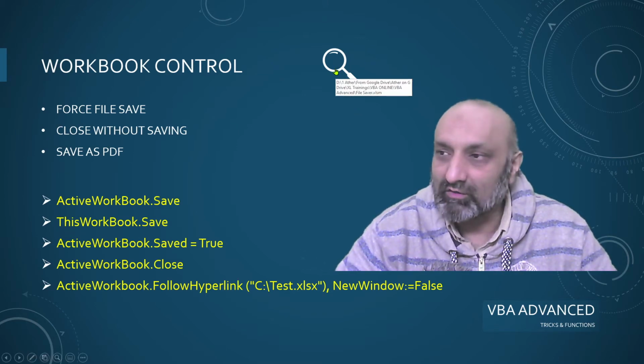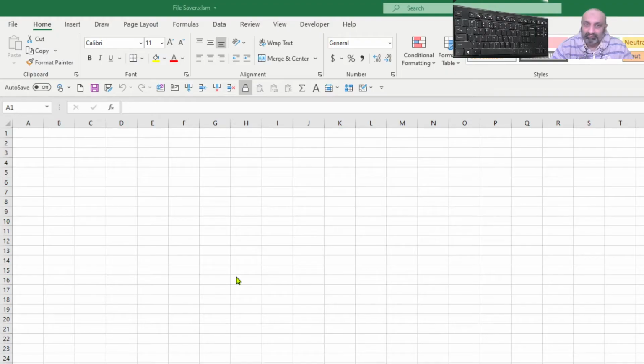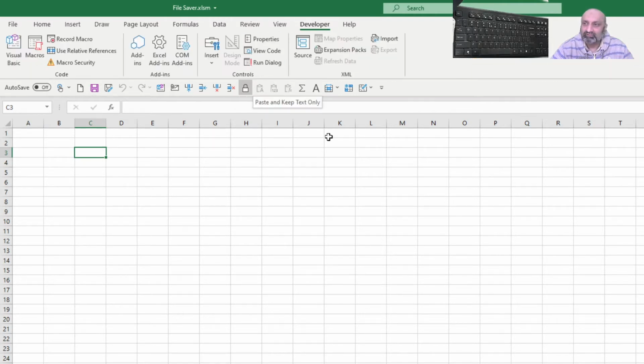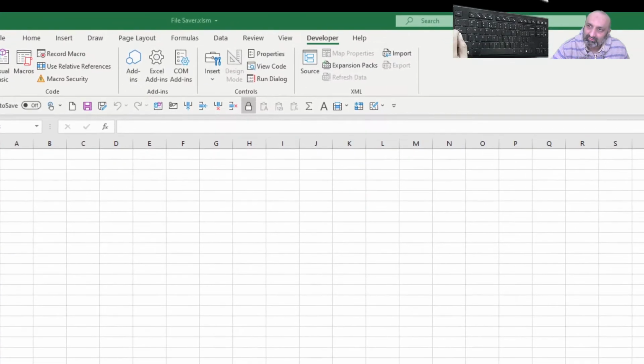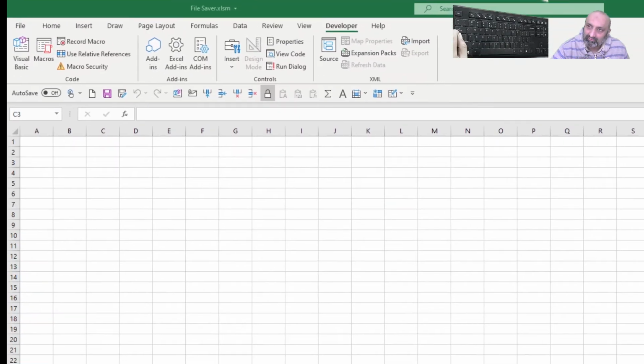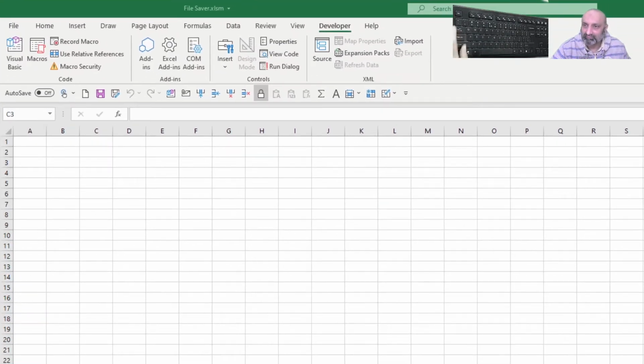Let's open our Excel. All right, so you can see this. I think we are reasonably zoomed, or I can zoom it a bit more. Yeah, I think this is better.